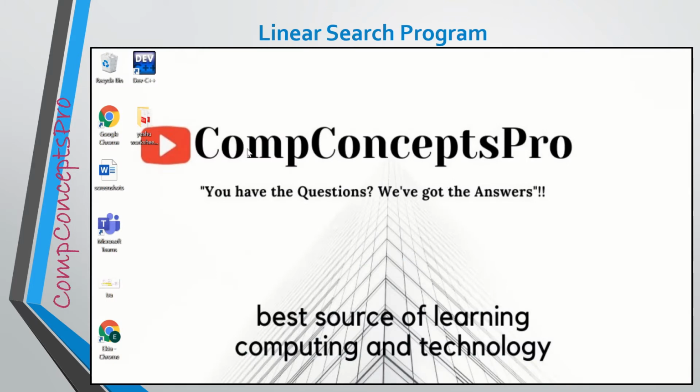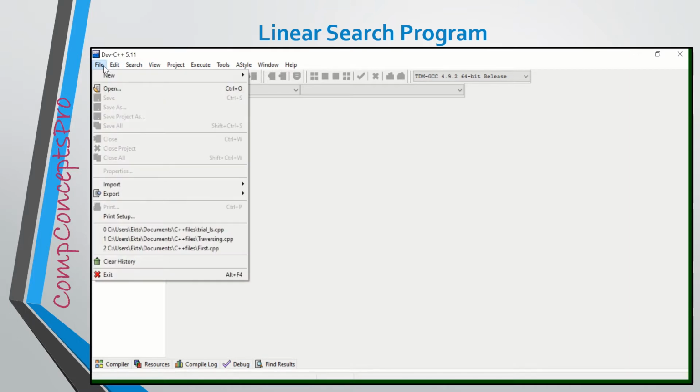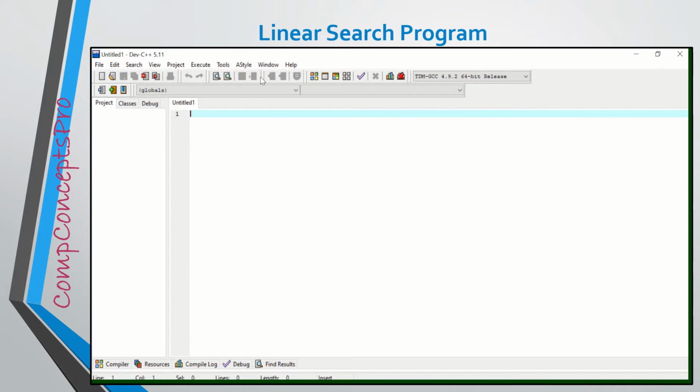Now I will tell you how to use this linear search technique programmatically. I will use the Dev C++ application to demonstrate my program. First of all, I will take a new source file and include the necessary header files. Only iostream is sufficient in our program because we will just do some basic input-output functions. Then the standard namespace has to be used if we have to parse some string or something. Then I will declare the int main function.